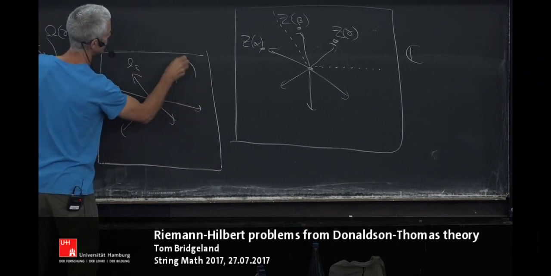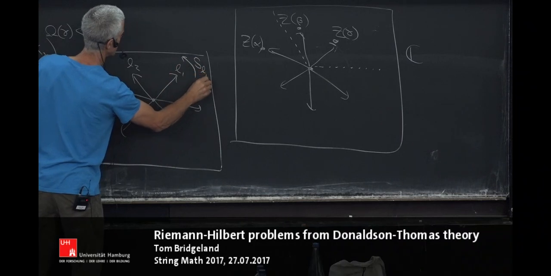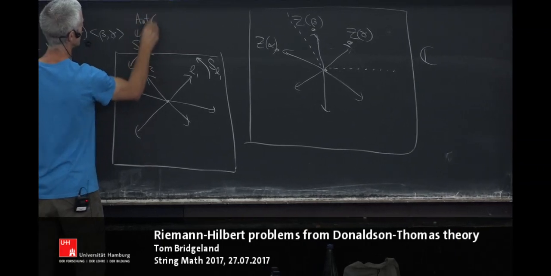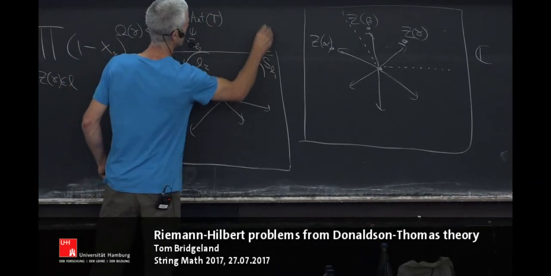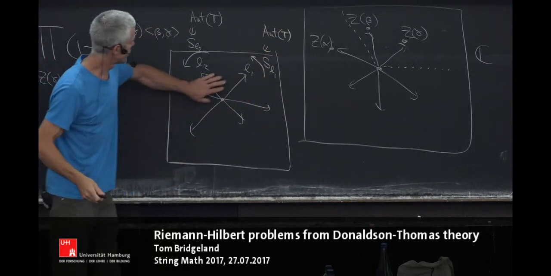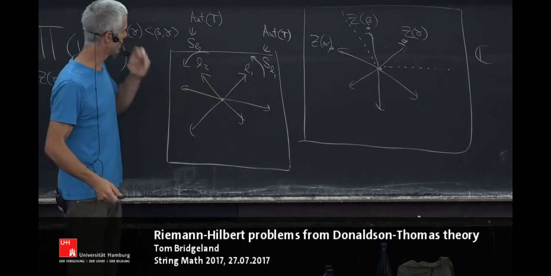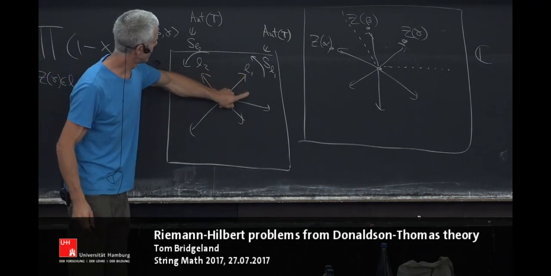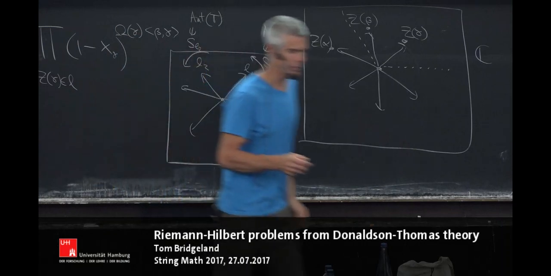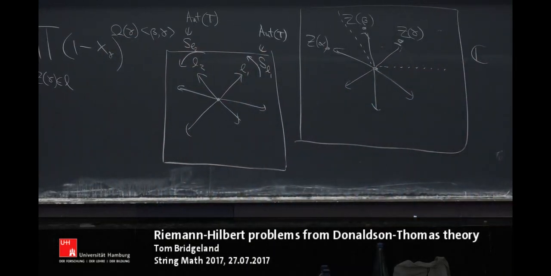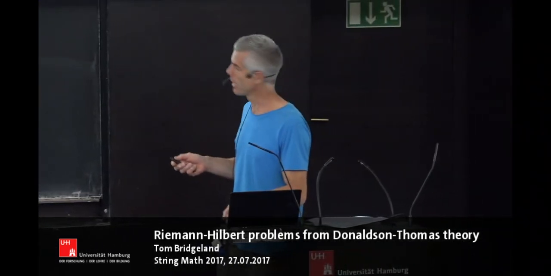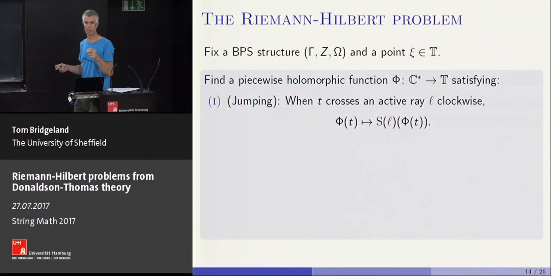The point is that associated to each of these things, now we have some SL1, we have some automorphisms of the torus. So it makes sense to ask for a function from this picture into the torus, which is holomorphic on these sectors, but which jumps as you cross precisely by this automorphism. That's the jumping, and then we also need behavior at 0 and infinity, because I'm wanting to try